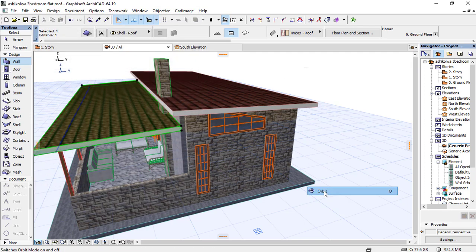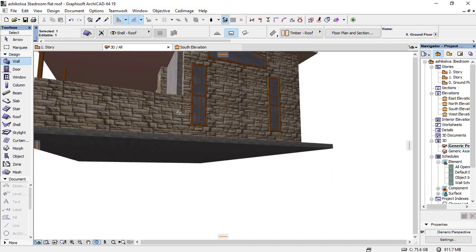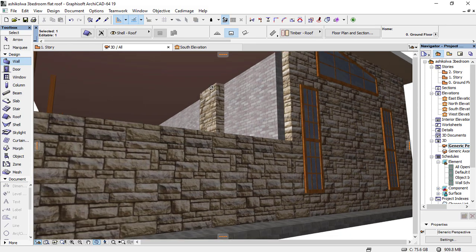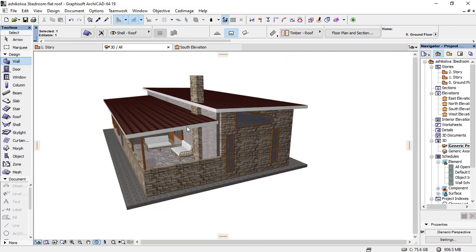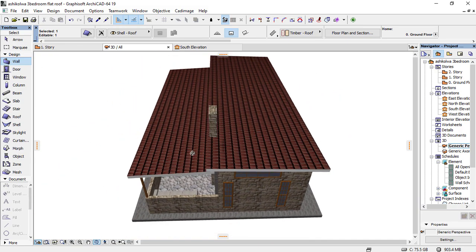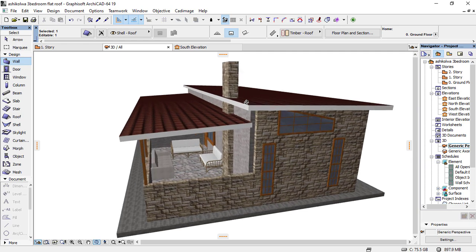So basically, as you can see, the bottom face we have like a brown color, but that one you just adjust in the setting dialog box. So this is how we design a flat roof, and thank you